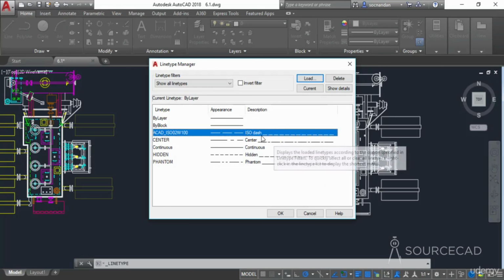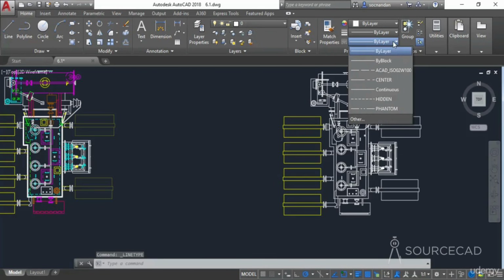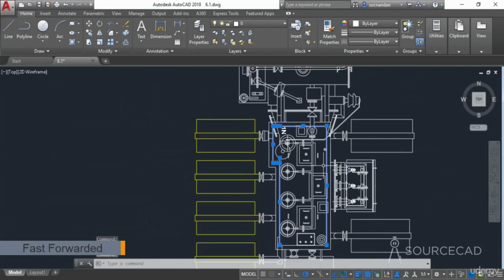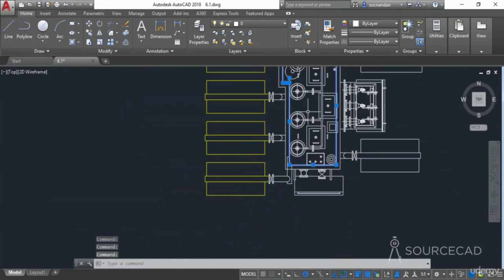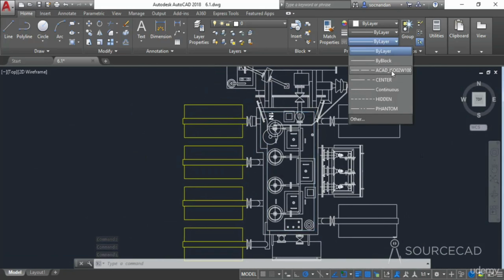Now we'll apply this line type to our objects. Let's look at this drop down. We have the ISO line type here. So once the line type is added to your list, go to the objects and select them, the objects on which you want to apply the line type. So I'll carefully select these objects. Okay, so here's the selection. Now go to this drop down and select the line type here